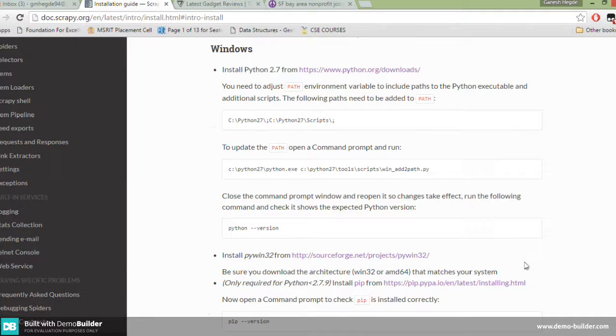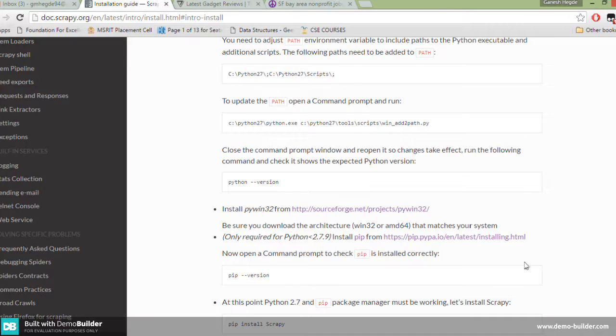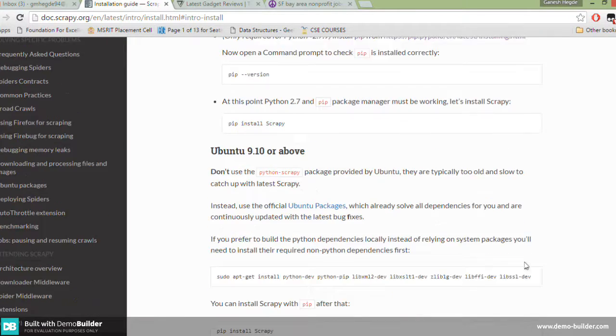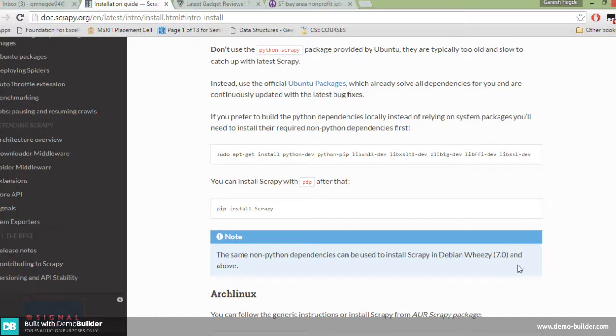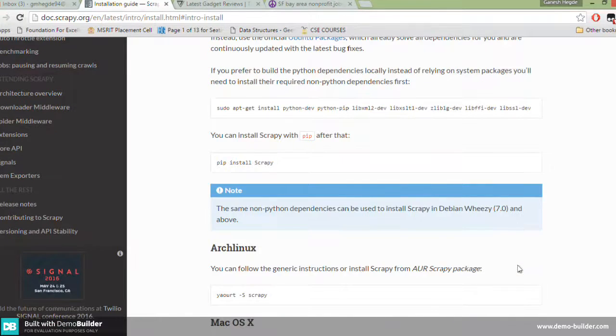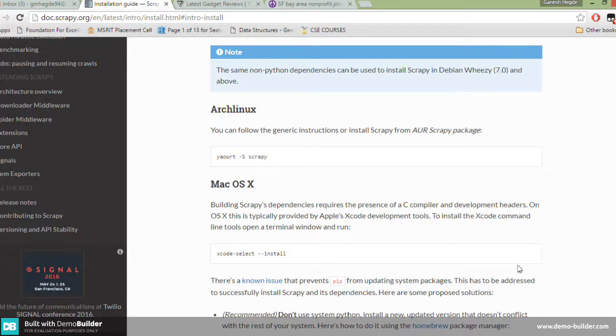When we finish installation and are using Scrapy on Windows, we need to look at Python 2.7 and the path of the environment variable. Otherwise, on Windows there may be a problem with Python. Therefore that path needs to be identified, installing pywin32 is also very important, and the pip version and all those things. For Ubuntu, and also Mac, all the information for different platforms is available at doc.scrapy.org.